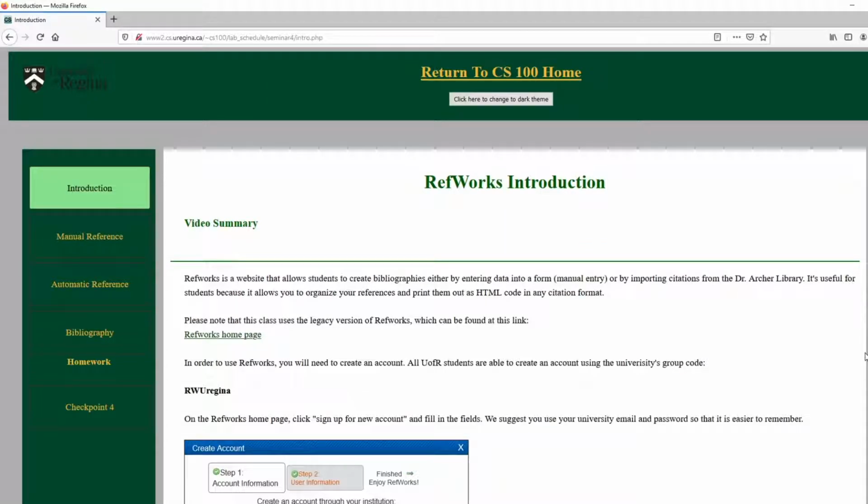So in this week's lab, we're going to be having a look at how we're going to do references on our web page assignments. But before we get into that specifically, I just want to take a minute and recognize the importance of references, some of the problems we're having with plagiarism, and what we might expect at a university level. I know a lot of people who've come out of high school, references weren't maybe important really in high